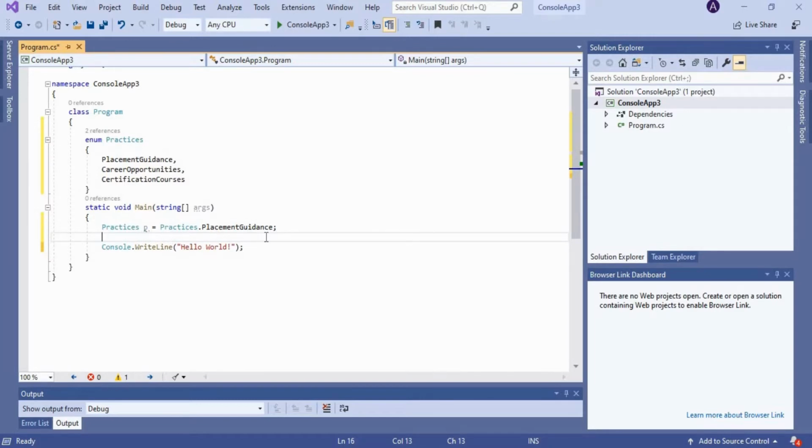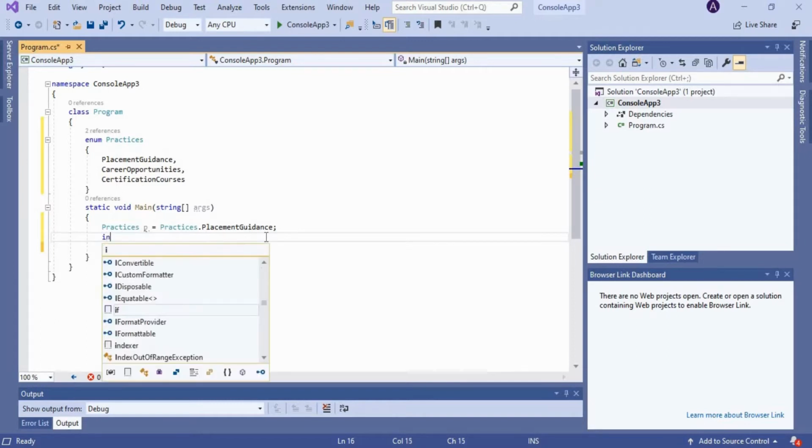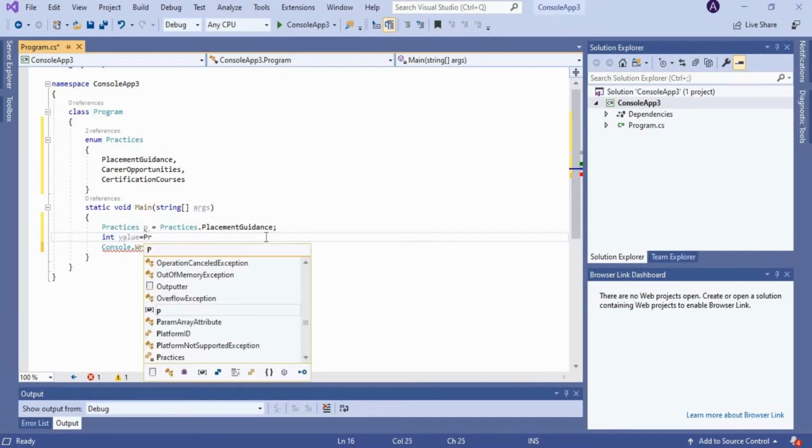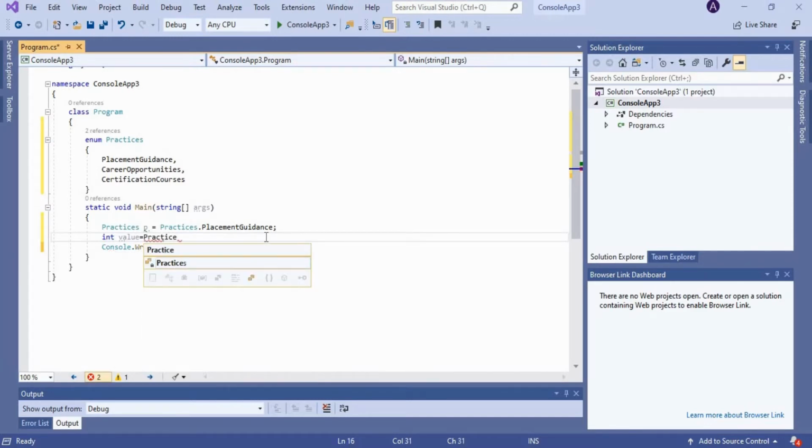How can we get the values of these enumerators? As I told you before, an enumerator assigns string names to integral constants, right? So we have to convert this into the integer data type. For example, I am declaring a variable value of integer data type and I am going to assign a certain value of the enumerator, practices dot career opportunities.